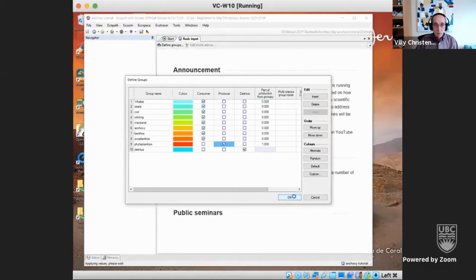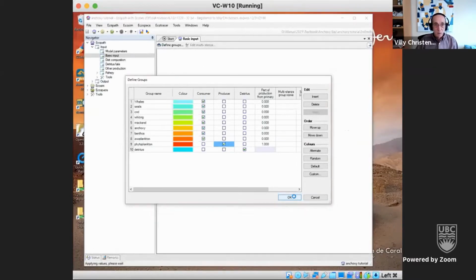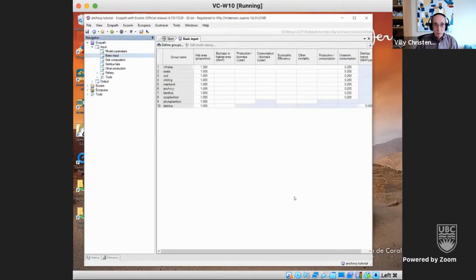Okay. So now it closes the screen because so many things are happening. Oh, it opened again. So we have the defined groups. This is where the multi-stanza is. That parameter is pretty nice. And now we can go out and we can enter the information. And again, I will have to enter it because